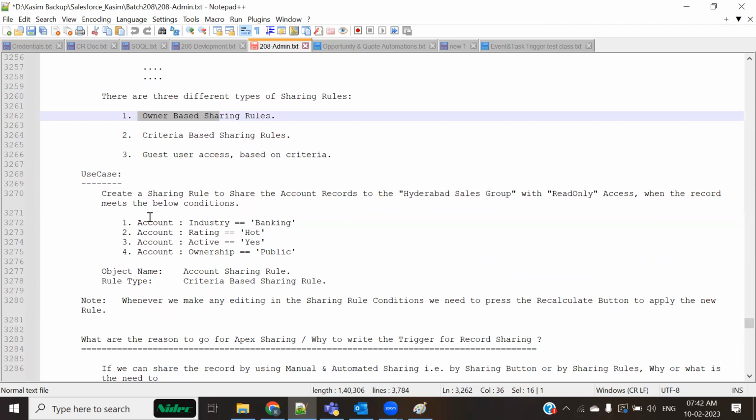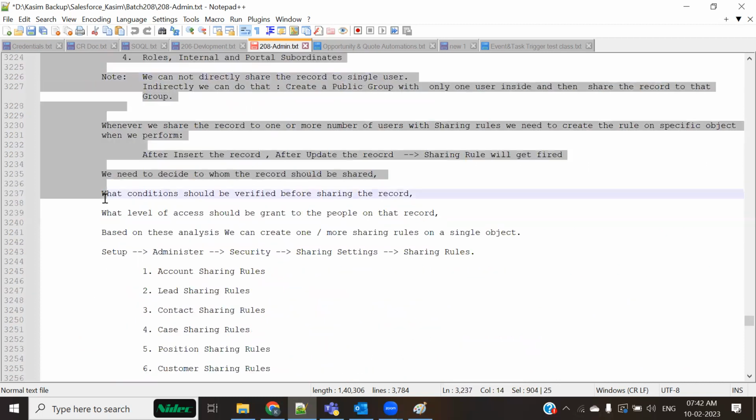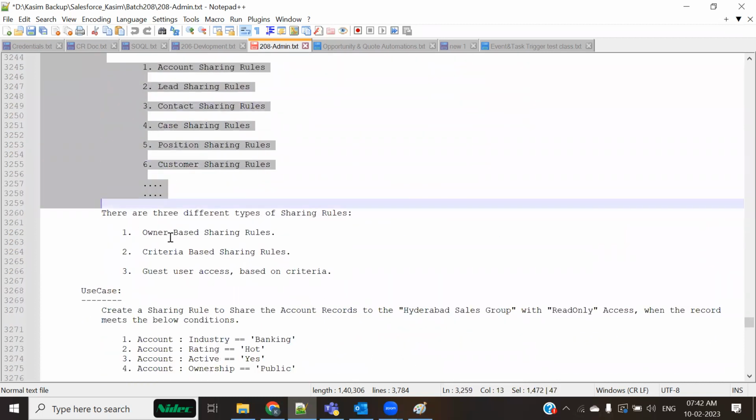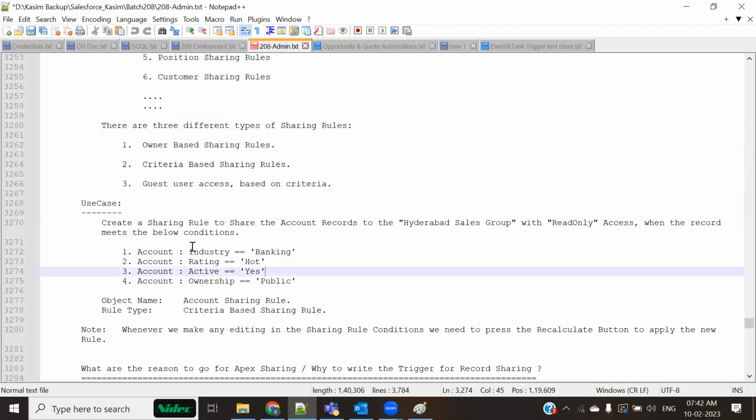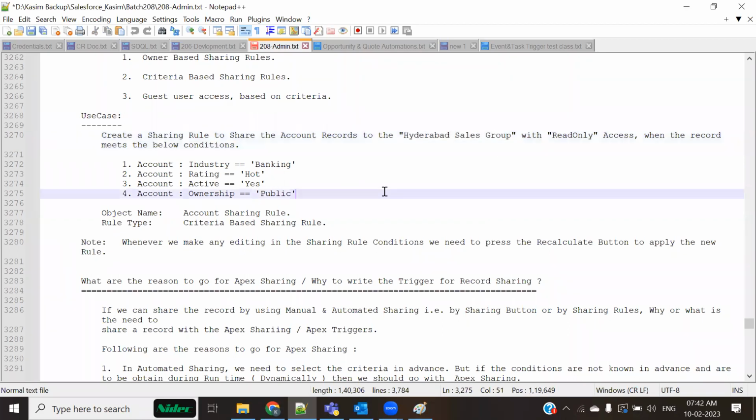I'm directly going with the use case. Go through all this theory. Once again, I'm repeating, go through all this theory. Whatever is written is for you. All right. Create a sharing rule to share the account record to the Hyderabad sales group with read-only access when the record meets the below condition. So there is a condition. For example, whenever an account record is getting created,